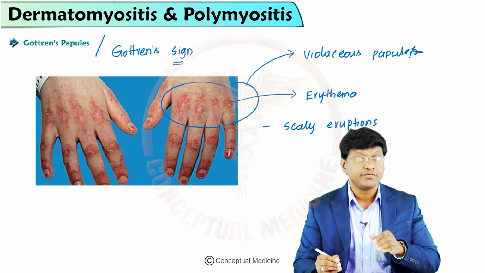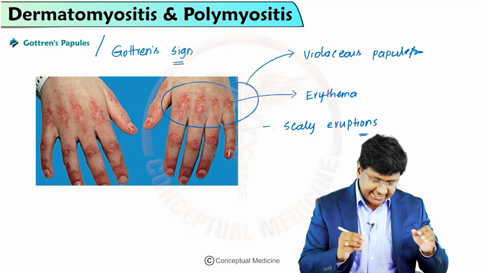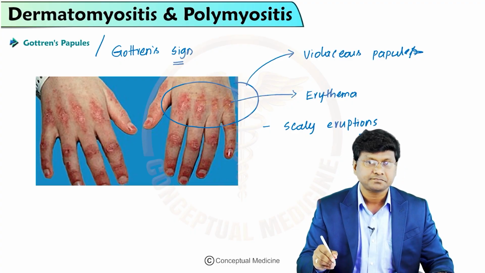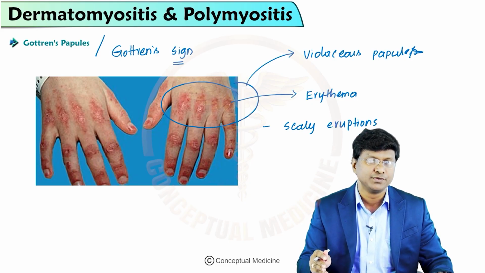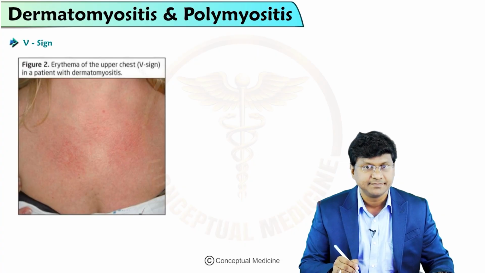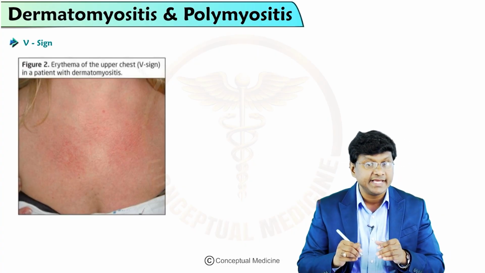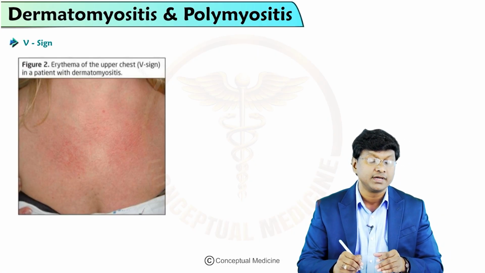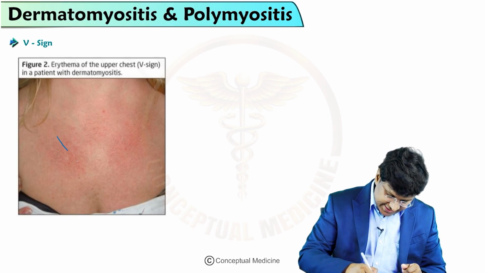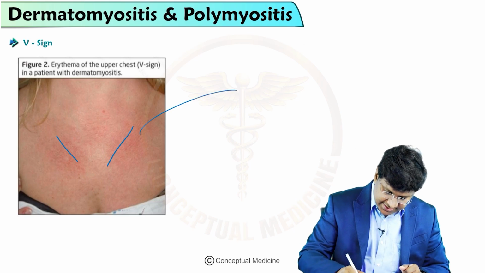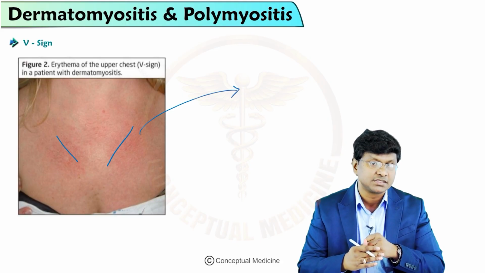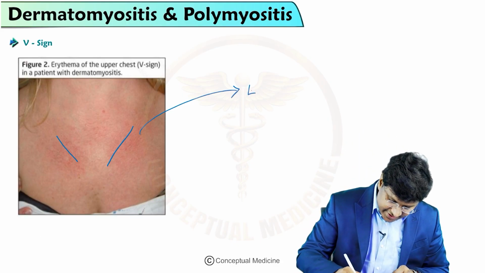Right, so you have the presence of the scaly eruptions. That is what is your Gottron's papules or the Gottron's sign, which are nothing but the violaceous papules over the knuckles. Then we have what is called the V sign. V sign is an erythematous rash over other body surfaces such as the anterior chest. So you can see that here, this is your anterior chest. So apart from your face and apart from the knuckles, you also have the erythematous rash,